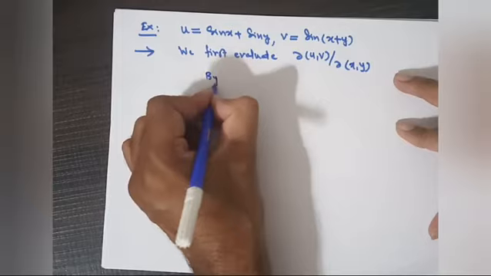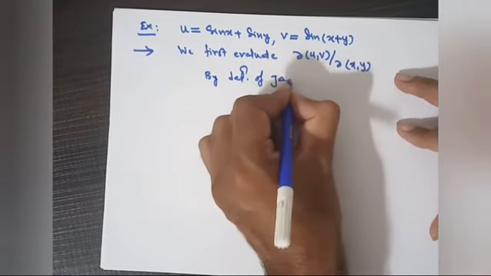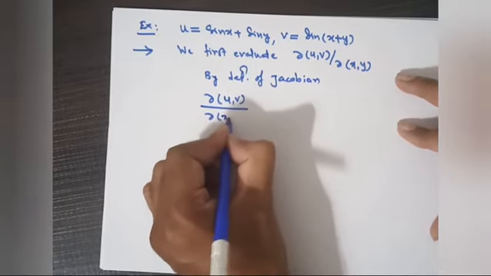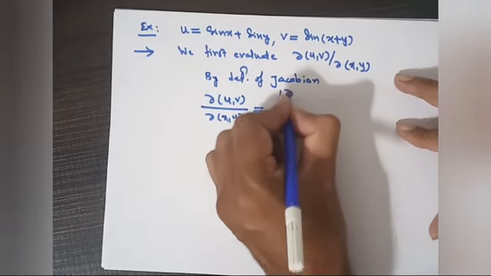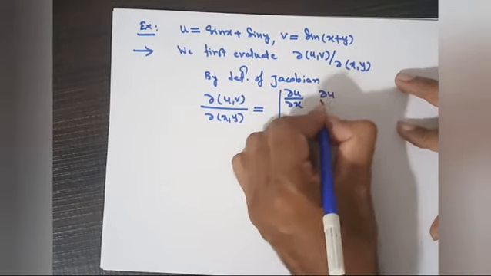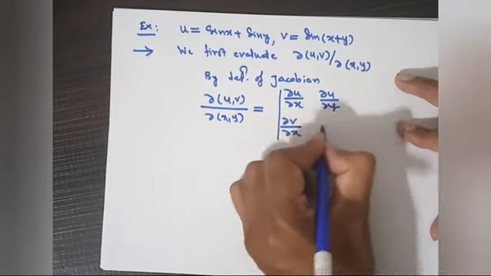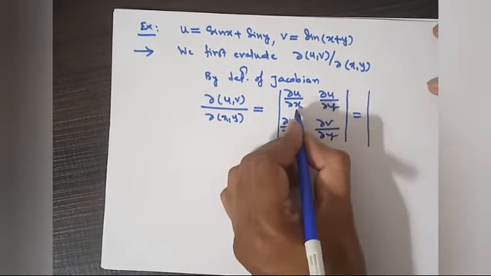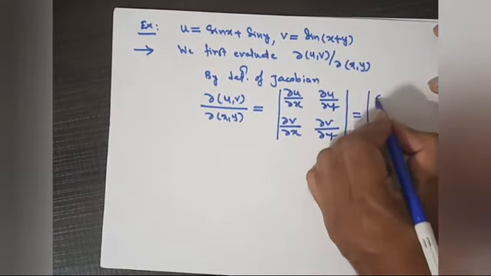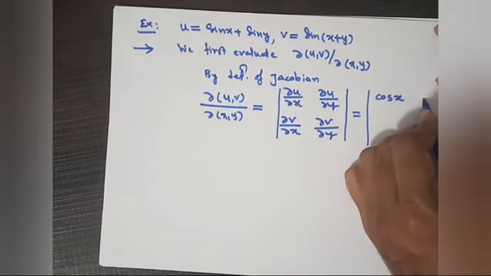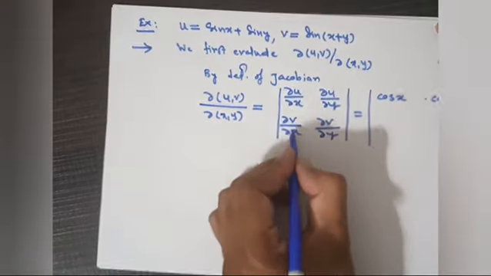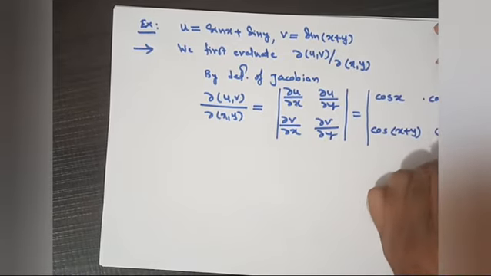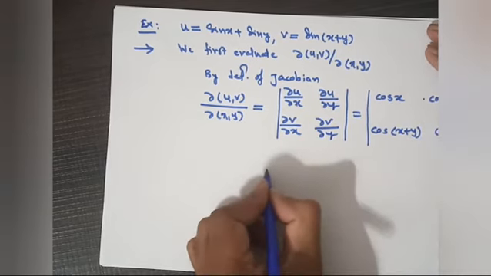So by definition of Jacobian, the Jacobian of uv with respect to xy is equal to the partial derivative of u with respect to x, u with respect to y, v with respect to x, v with respect to y. Let's simplify this. What is the partial derivative of u with respect to x? What is u? Sin x plus sin y. So the differentiation of sin x is cos x. Differentiation of u with respect to y is cos y. Differentiation of v with respect to x is cos of x plus y, and differentiation of v with respect to y is cos of x plus y. So solving the determinant,